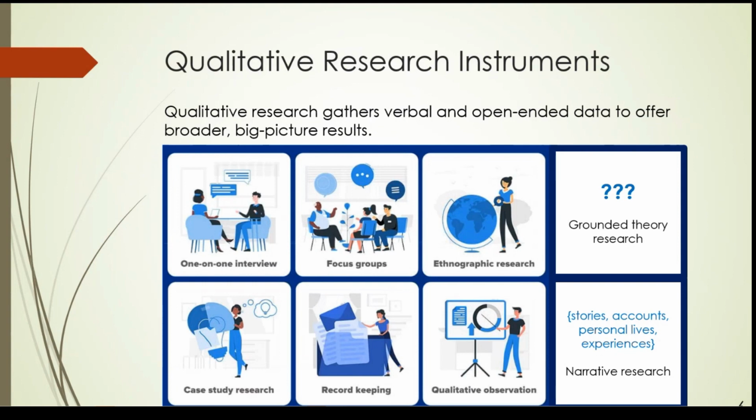Some of the instruments, and this is not an exhaustive list, used in qualitative research: one-on-one interview, or if you have a lot of interviewees, then you can have a focus group. This is commonly used to get responses, for example, in studying the market's response towards a product, or treatment of patients with mental issues. We want to know whether the therapy works or not. You can have focus groups.